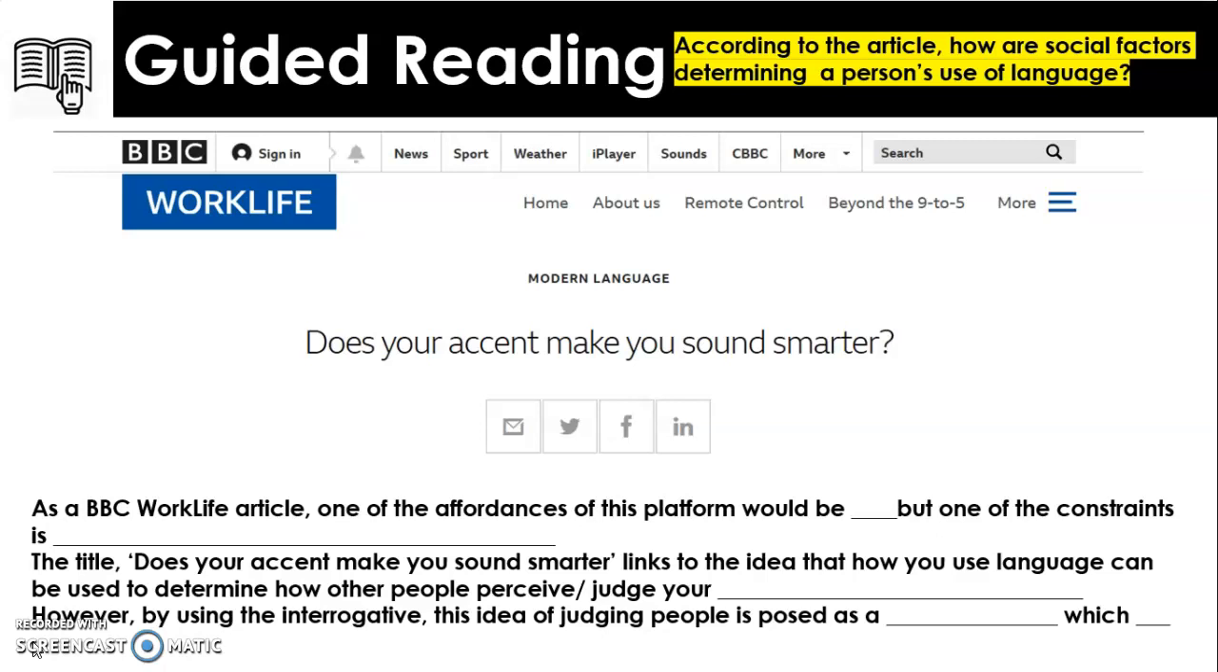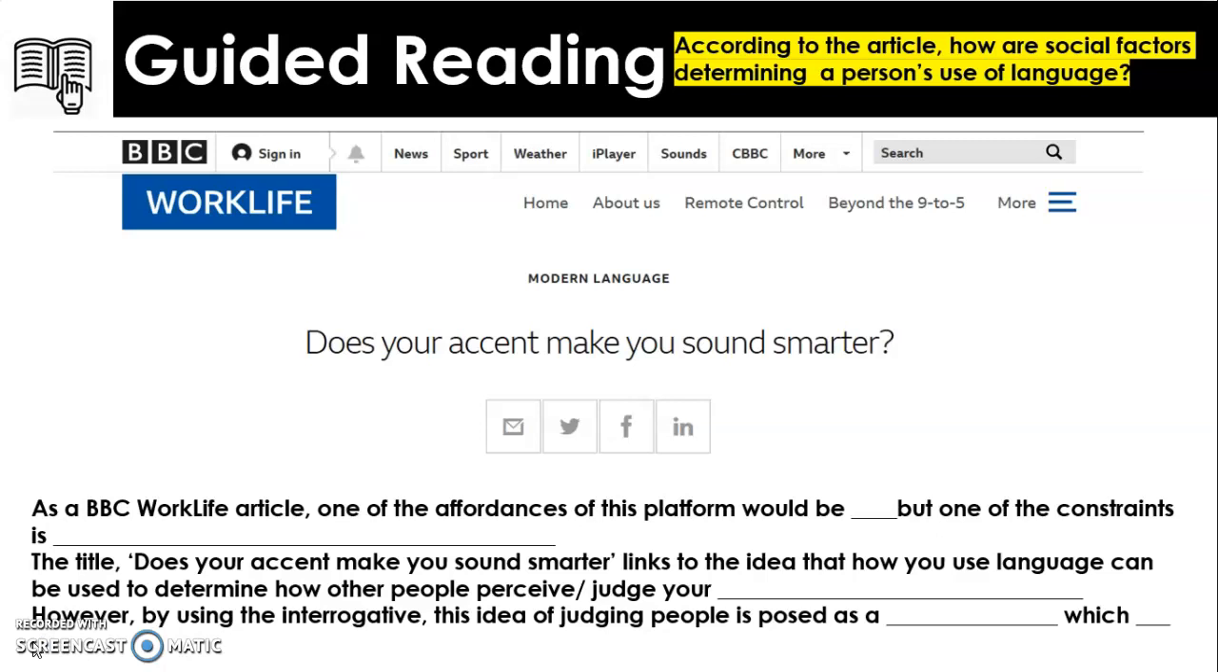However, by using the interrogative, this idea of judging people is posed as a question. Okay, now as soon as you pose a question, what does that suggest? It's not a statement. So this isn't an opinion piece. It's not saying your accent does make you sound smarter. If it was framed like that declarative, accents make you sound smarter, it would create a very different tone and a very different position. But our writer is deliberately here using the interrogative to create a question, which makes this article reflective. This is an article where the writer is reflecting on this